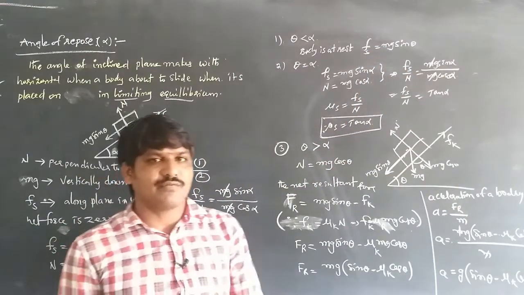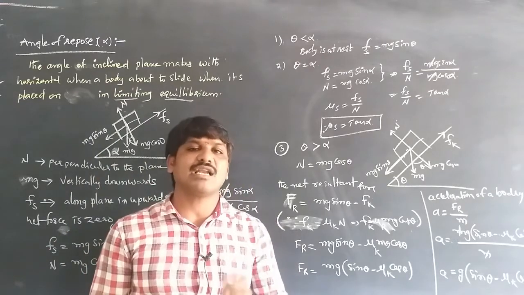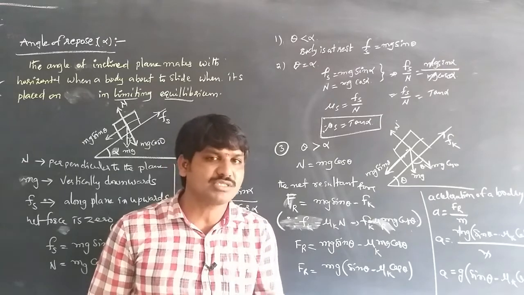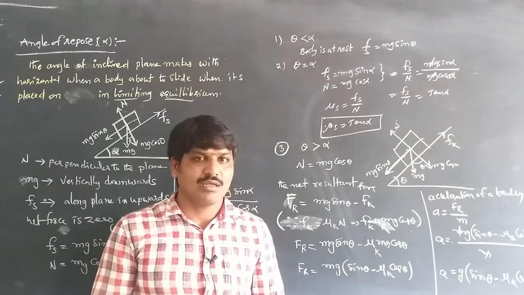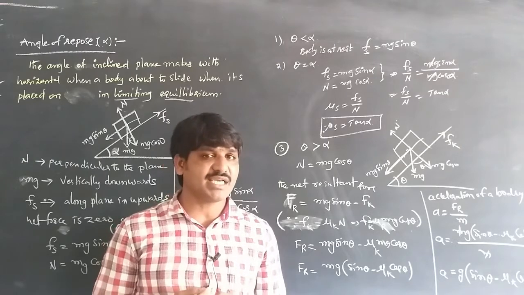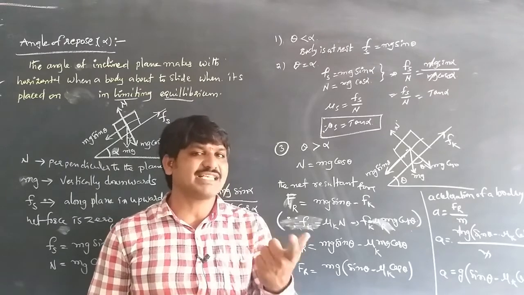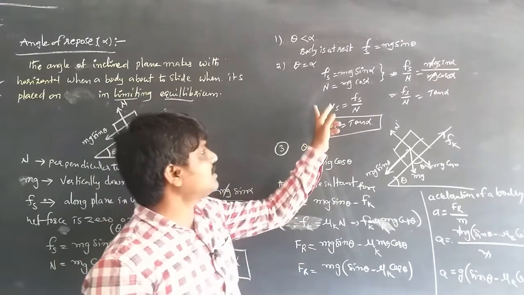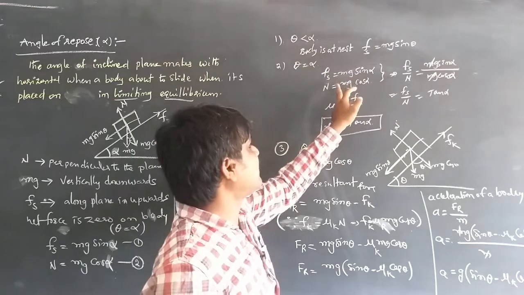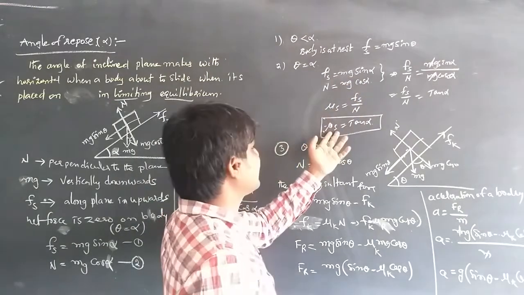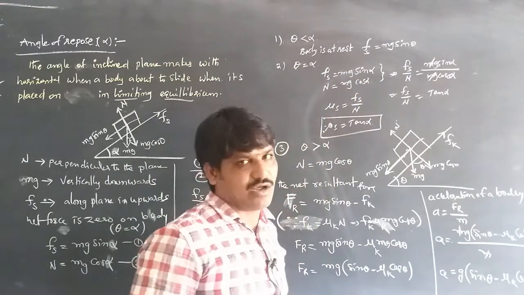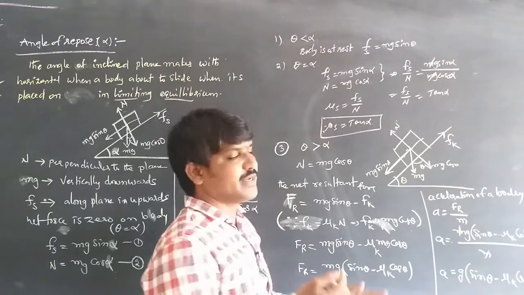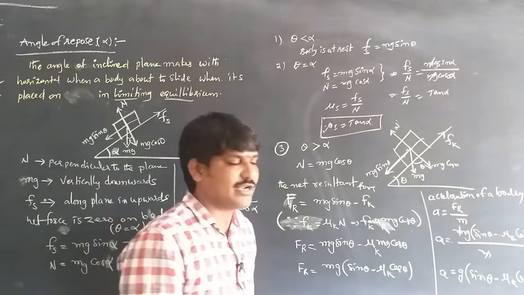Then, in the case where the angle of inclination is equal to the angle of repose, the body is about to slide, ready to slide down. It is not moving, it is just in limiting equilibrium, meaning the static friction acting on the body is maximum and the net force on the body is 0. So Fs is equal to mg sin alpha, and from the angle of repose equation, same as the calculation we did, we get mu s is equal to tan alpha.